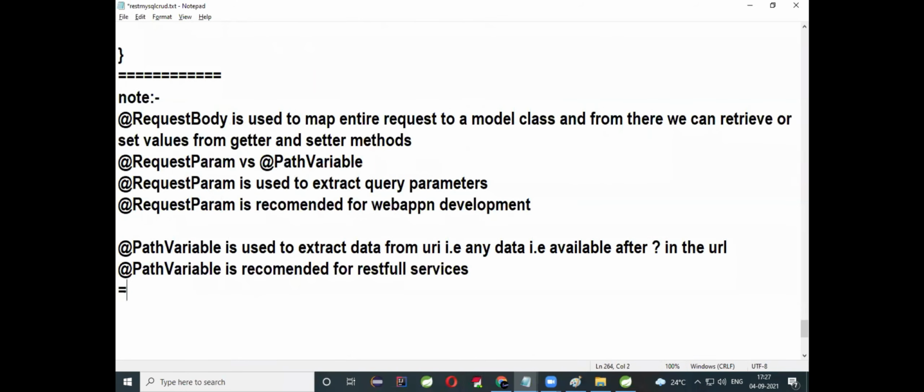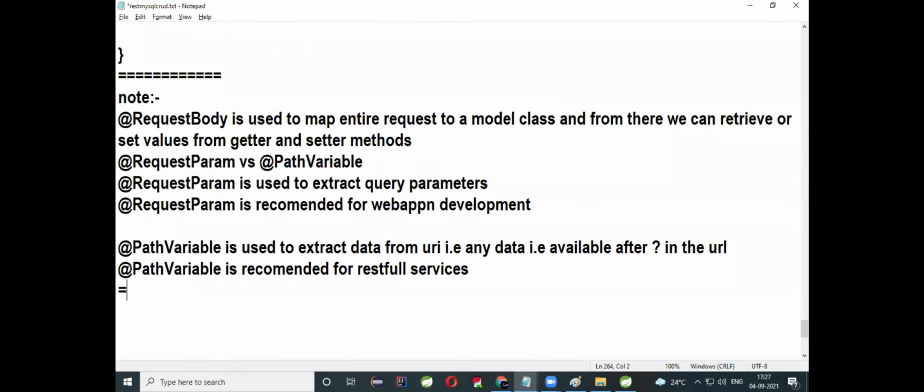Here you have to go to your port number, which is 8787, and your controller API URL is /api/emp. If you want to invoke the get method, how to invoke it? Here you can see. Mostly RESTful services return the result in JSON format. It will never return a view. It will return output only in JSON format. Is it clear? Let us see here. So how to invoke it?